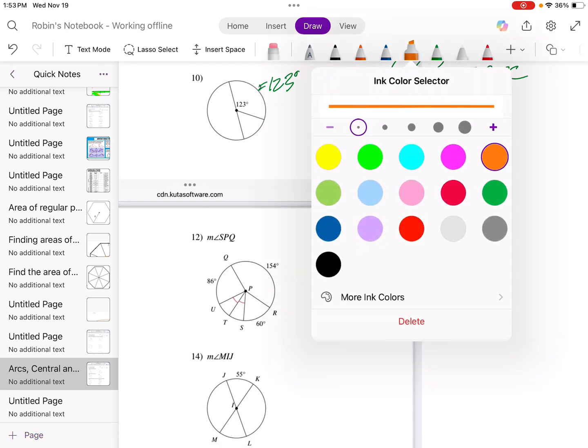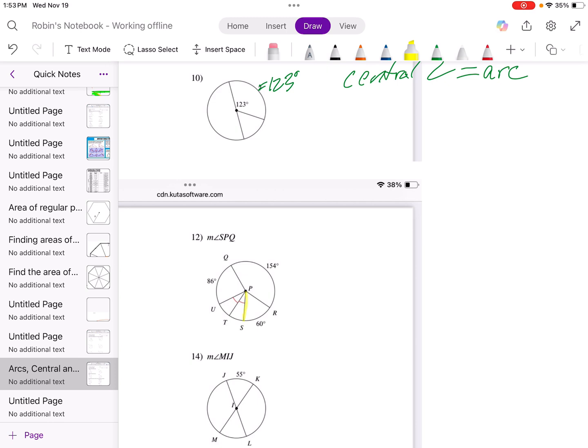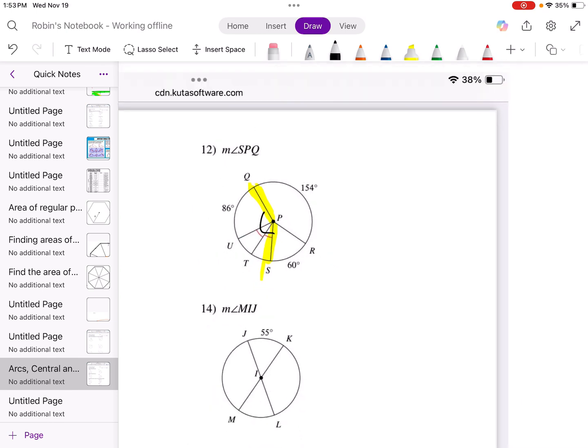Now, getting a little further, if I'm going with SPQ, right, I want to know what is the measurement of this entire angle. I'm going to zoom in. I'm going to remember that a circle is 360 degrees. So if I can figure out what this arc is, I know my angle has to be the same. It actually gives me a whole bunch of information I don't need. Because if I just take my 360, I subtract that 154 and that 60 degrees,